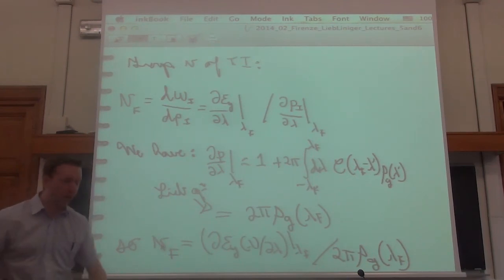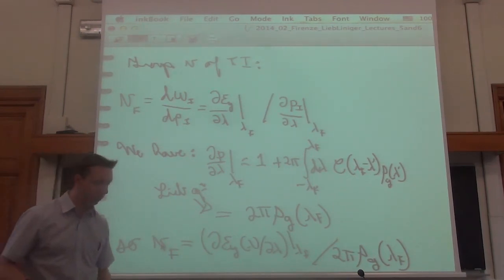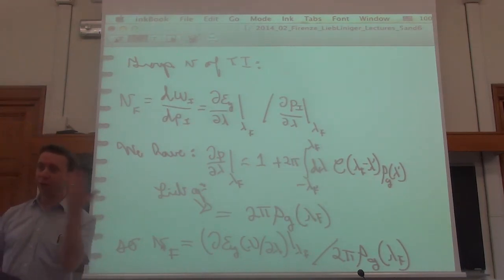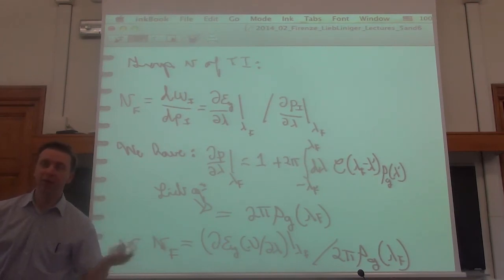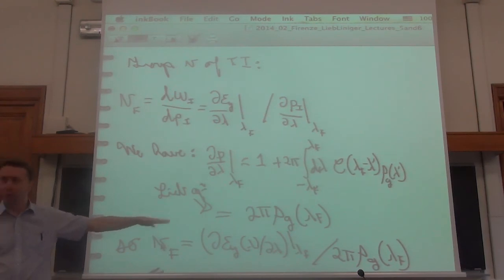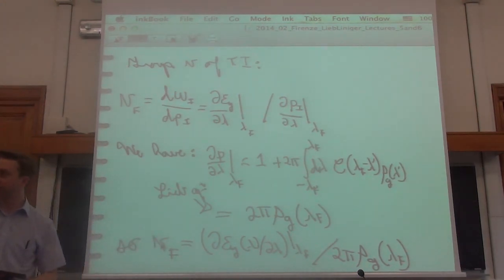Okay, so that's how you would calculate the velocity in these models. So for example, if you do CFT or if you do bosonization, things like that, you need a velocity. And this velocity is an input to these theories. So that's how you would use the thermodynamic Bethe ansatz to provide this input. Okay?